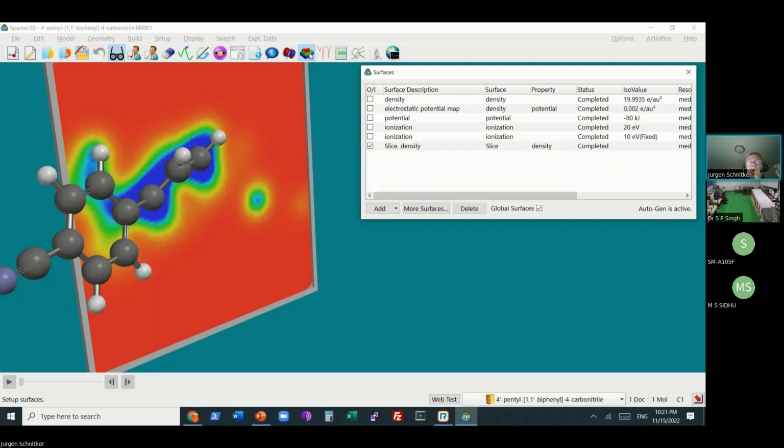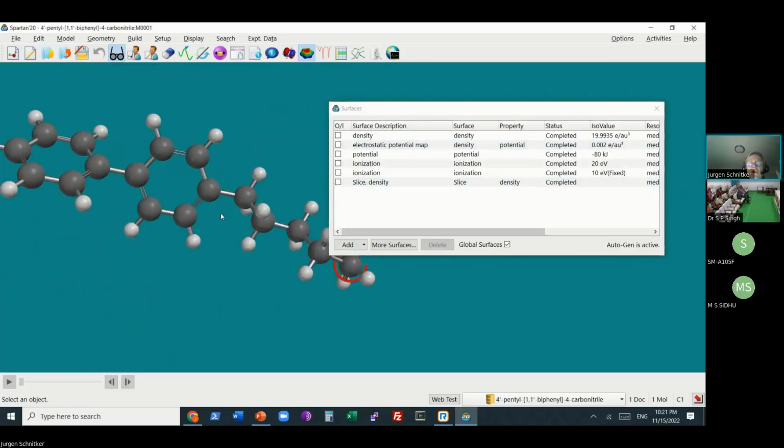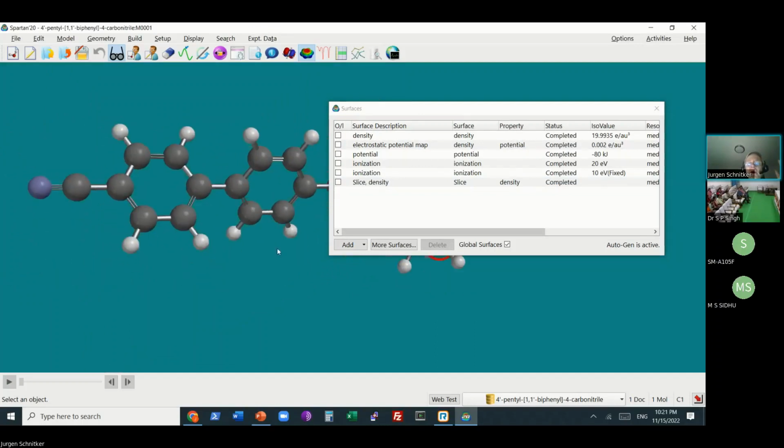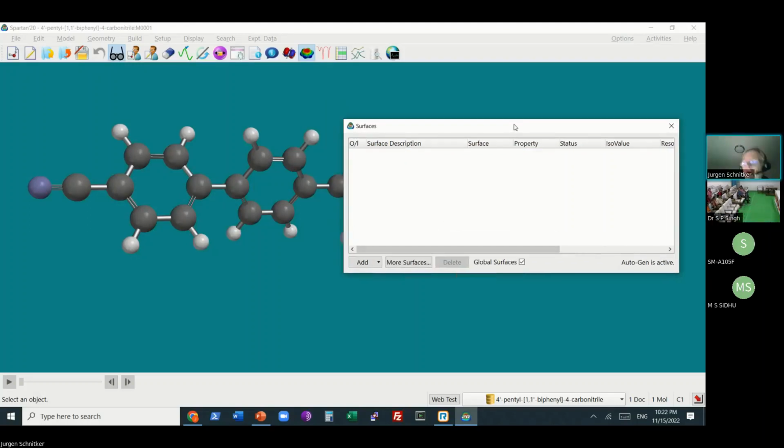Calculating spectra. You saw that. You saw one example, NMR. So that also exists for IR, UV vis, and Raman. Now something a little bit about looking at more than one liquid crystal at a time, and so that it won't immediately always calculate these surfaces, I will delete all of them, because I will now add more molecules to my list. Right now my list is 1. Now I will create a list of 3. And I can also create a list of 300 if I want to, and I'm patient enough to run the calculation.